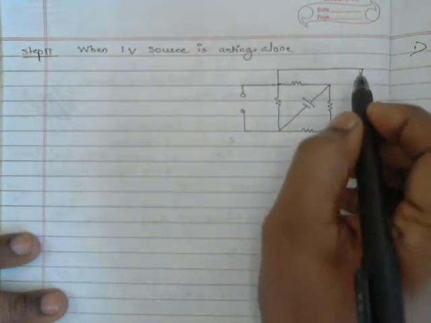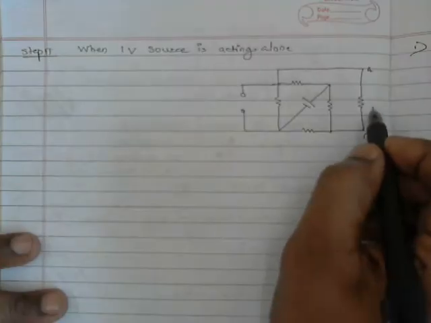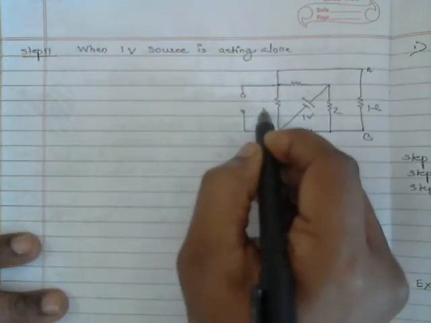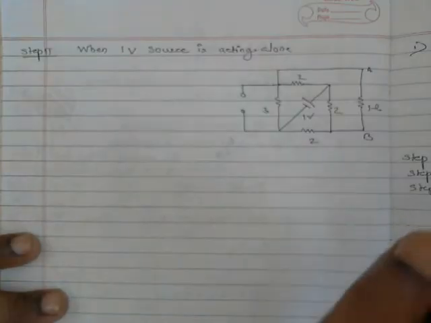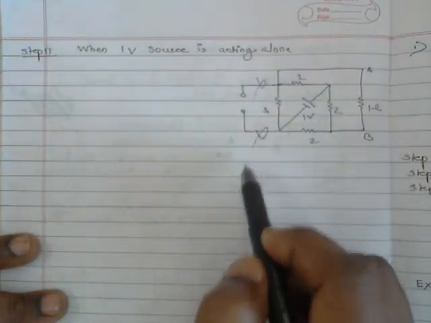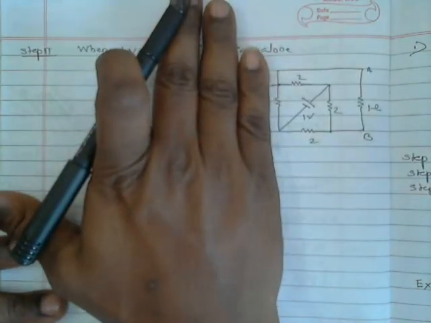Okay, A B, this is 1 ohm, this is 1 volt, 2, 2, 3, 2. Now we have to find out the current through this particular branch. Now this is of no use, so forget it; this is the only circuit now.